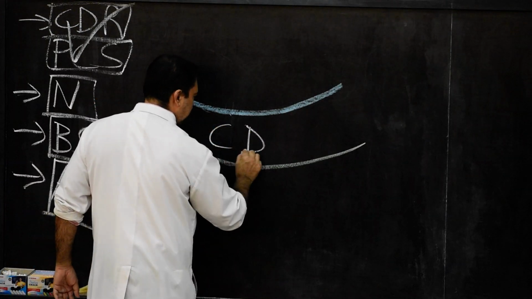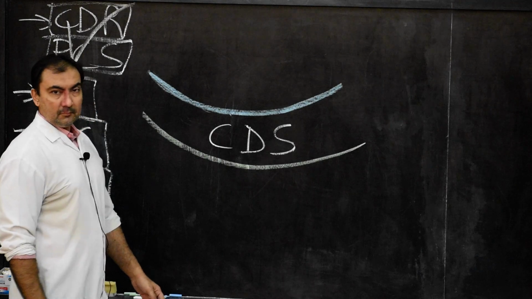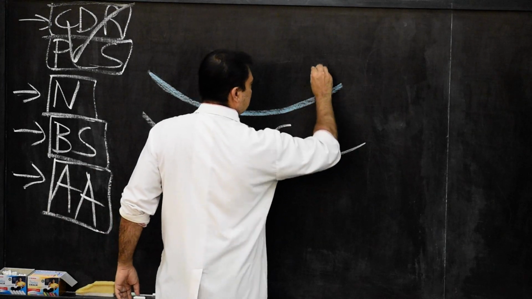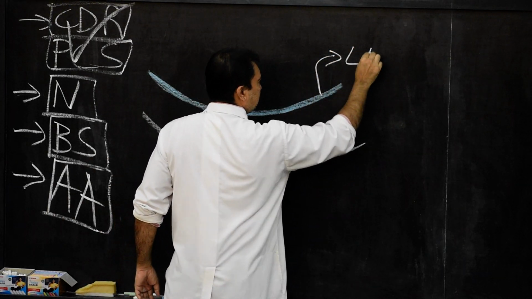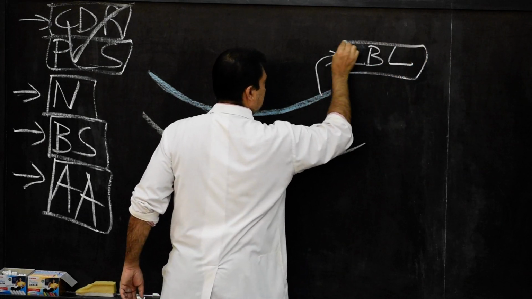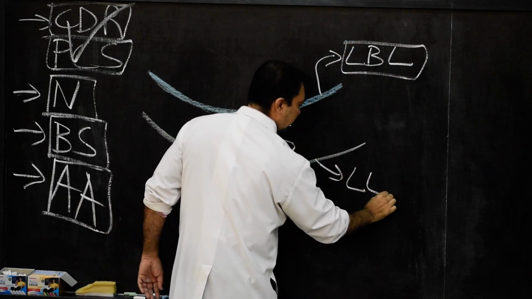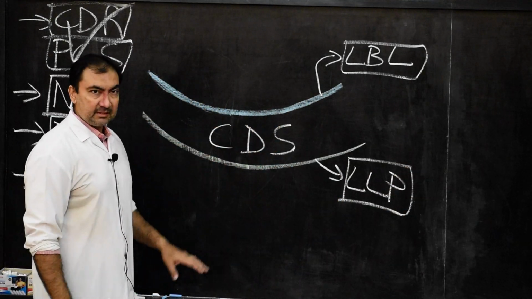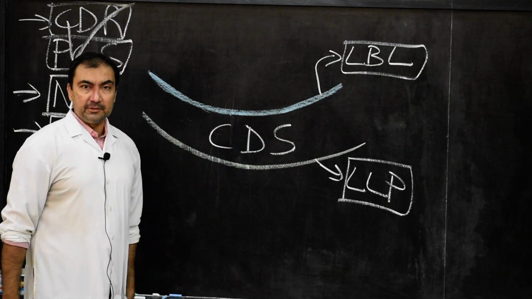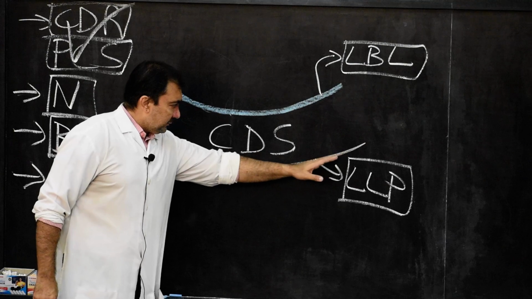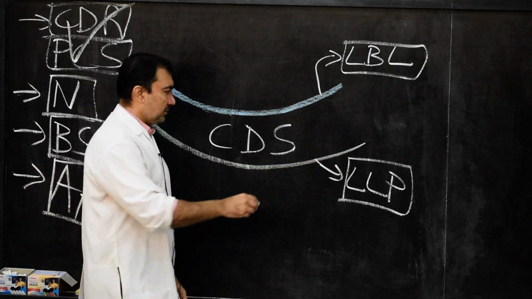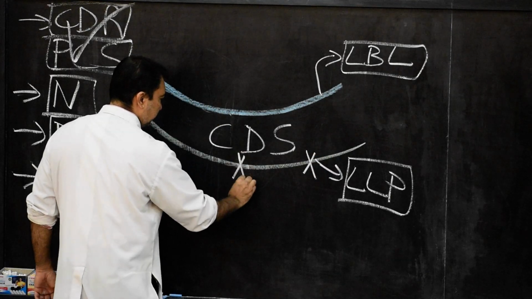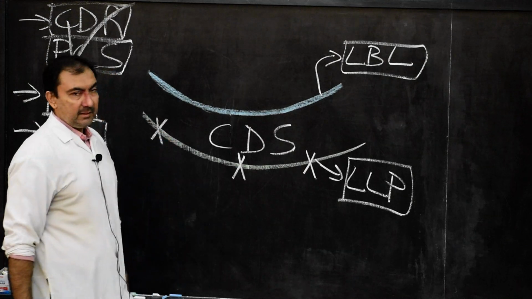So the costodiaphragmatic space, or it is also known as phrenico-costal sinus, between, now over here, we are going to mark, this is the lower border of lung, and over here we are going to mark the lower limit of pleura. So lower border of lung and lower limit of pleura, and this is the space. Now what is more important are 3 points which we are going to mark gradually. The lower limit of pleura over here, we are going to have 3 points. First we are going to have this as point number 1, over here as point number 2, over here as point number 3. And what are these points?